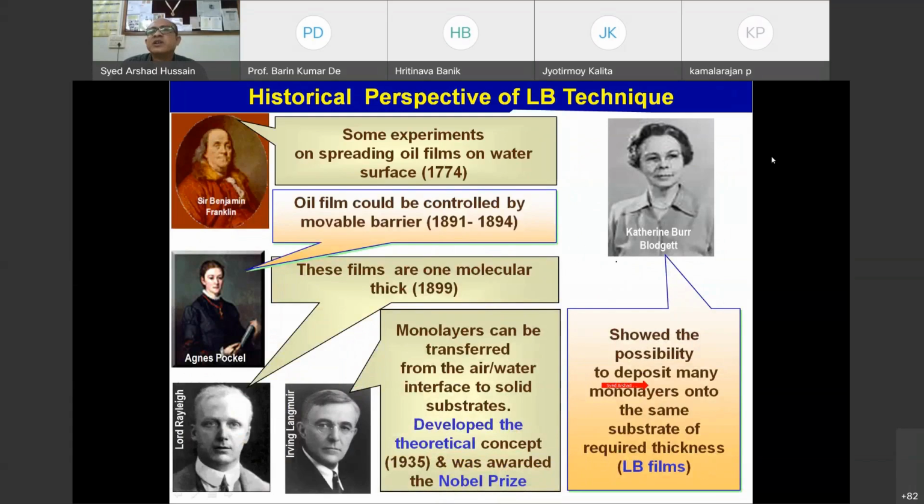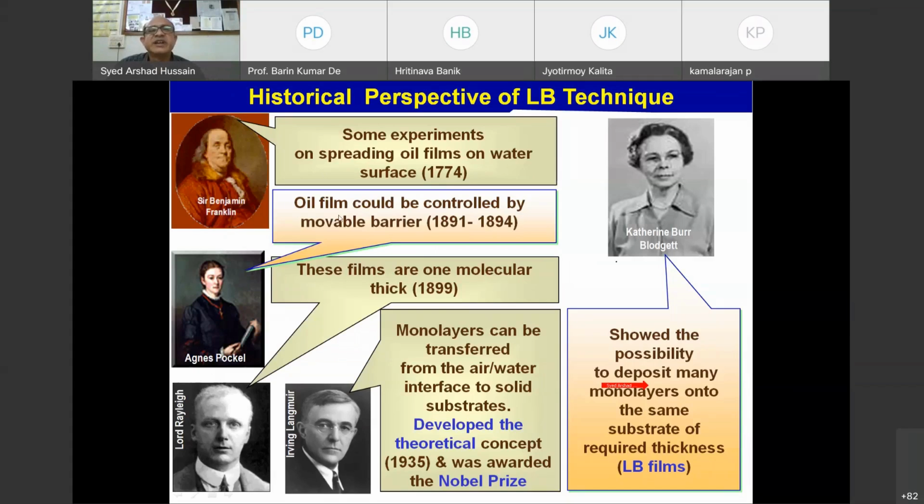Okay, so let's see some historical perspective of the LB systems. Long back, Benjamin Franklin reported experiments where he sprayed oil on the water surface, and he demonstrated that this oil film spread almost uniformly on the water surface. And this was, say, the beginning of the idea of LB systems. Then in